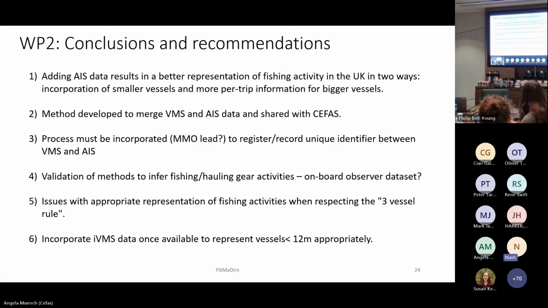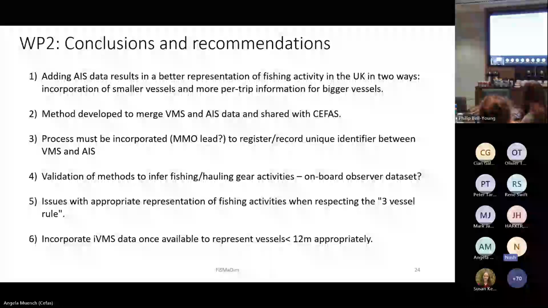The second output we have is that there's now this method to basically merge this AIS data with VMS data, and that has been shared with CIFAS. We had conversations with MMO because there has to be a process to register, to record this unique identifier between these 2 data sets if we want this to be a long-term process.